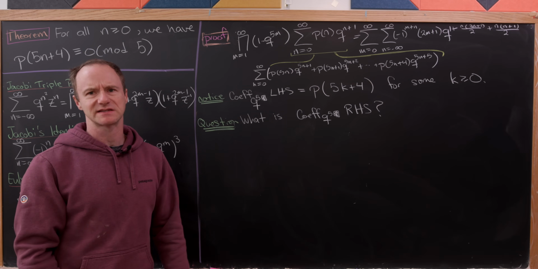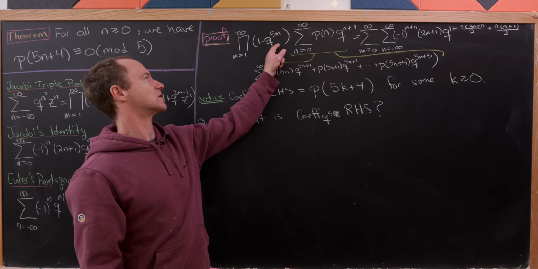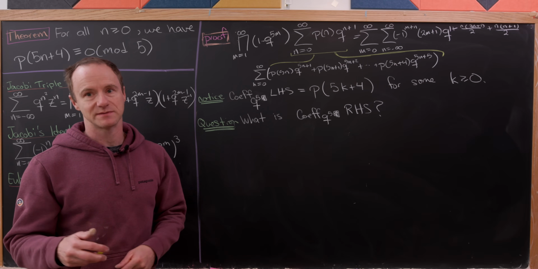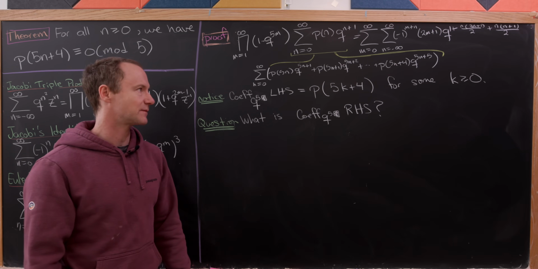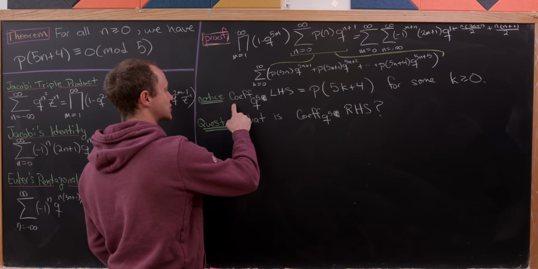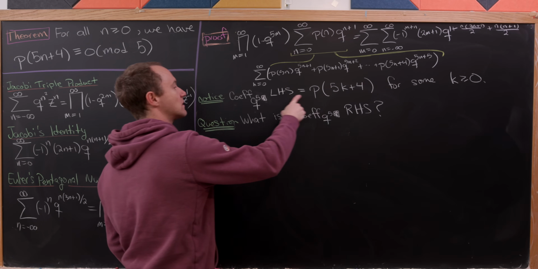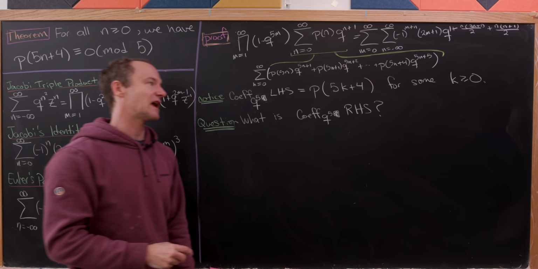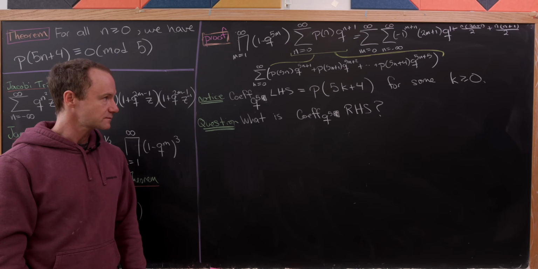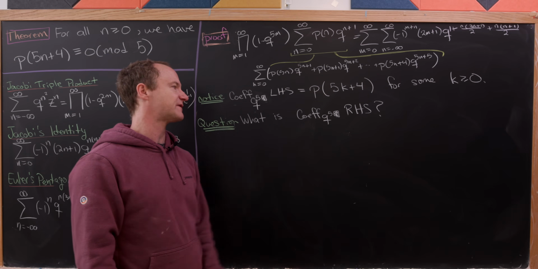They're everything that's like p of 5n plus 4. But notice that the rest of this product over here only has q to the 5th power times something, or q to the 5 times something. So that means that when we look at the entire left-hand side and we extract the coefficients of q to the 5 times something, we'll get p of 5k plus 4 for some k bigger than or equal to 0. So that tells us that perhaps we should look at the coefficient of q to the 5 times something on